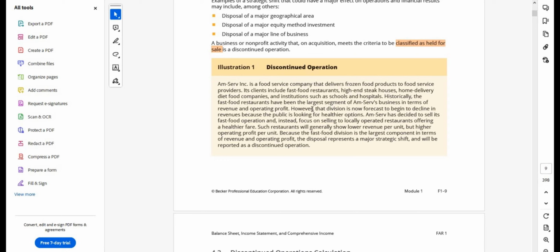profit. However, the division is now forecasting a decline in revenue because the public is looking for healthier options. AmServe has decided to sell its fast food operation and instead focus on selling to locally operated restaurants offering healthier fare. Such restaurants will generally show